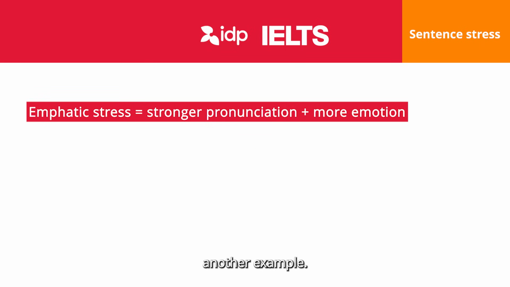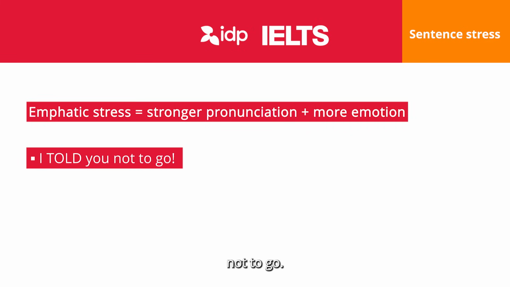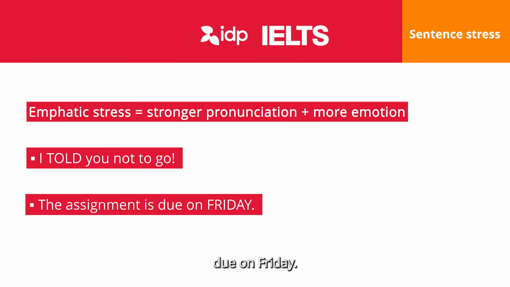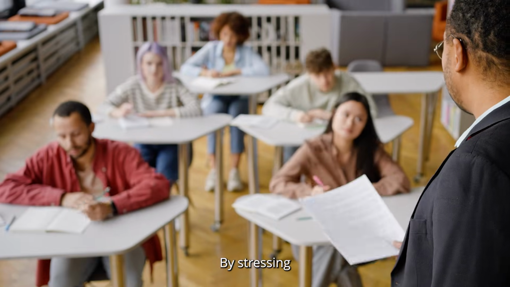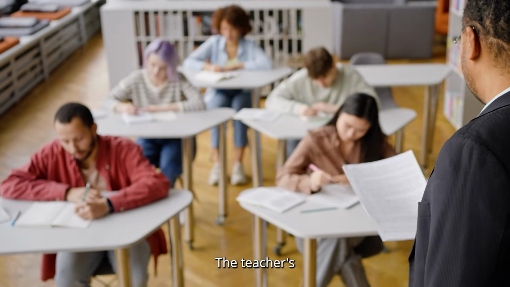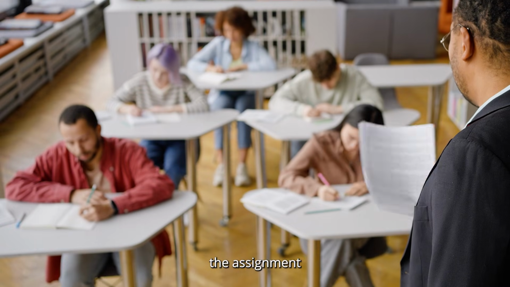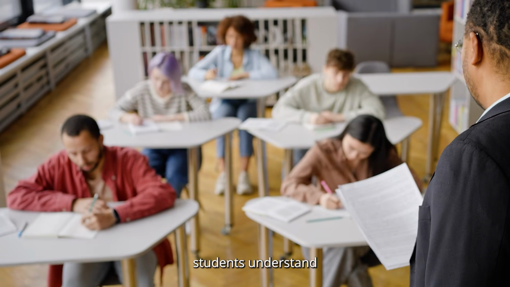Let's look at another example. "I told you not to go." In this sentence, stressing the word "told" emphasizes anger or frustration that you've had to repeat yourself. You can also use emphatic stress to show what's important in a sentence. For instance, a teacher might say, "The assignment is due on Friday." By stressing the word Friday, the teacher is emphasizing the specific day the assignment is due, making sure students understand